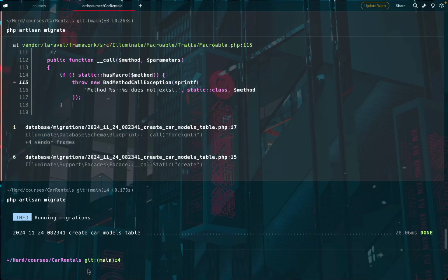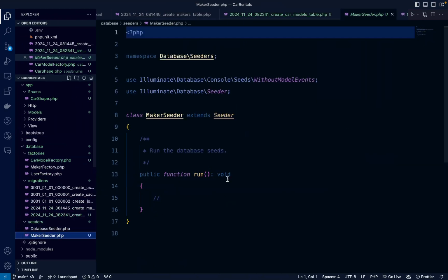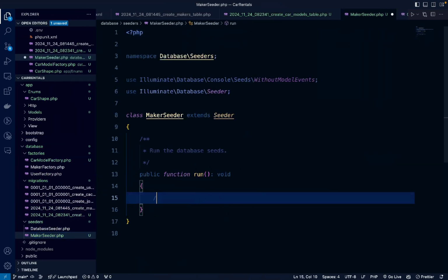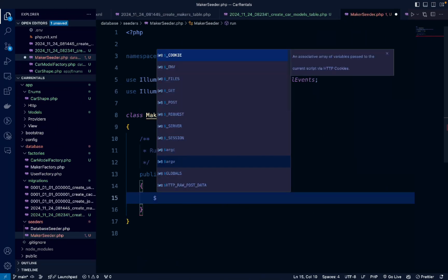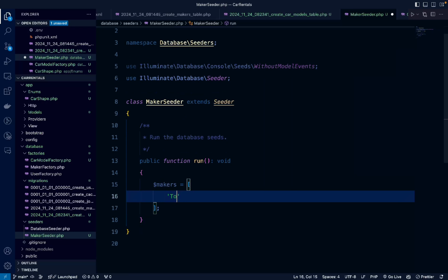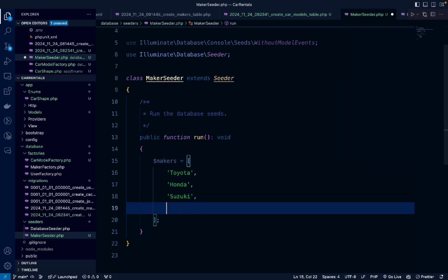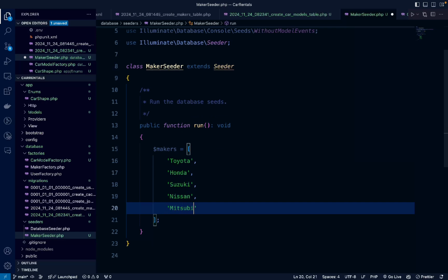Now let's create our first seeder. So let's say php artisan make:seeder MakerSeeder. And let's go into our seeders. And here what we're going to do is seed our database with some values. So I'm going to provide a few here. Let's say Toyota, Honda, Suzuki, Nissan, Mitsubishi,